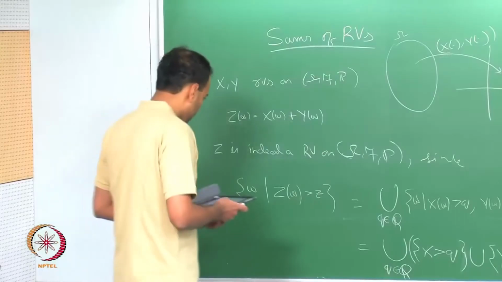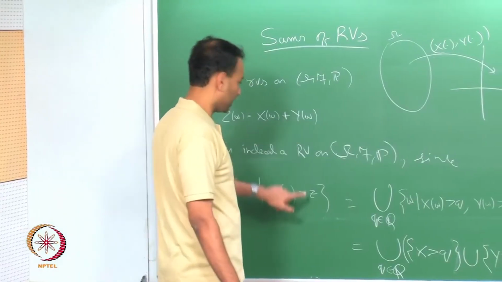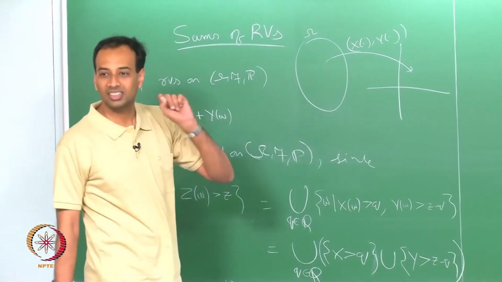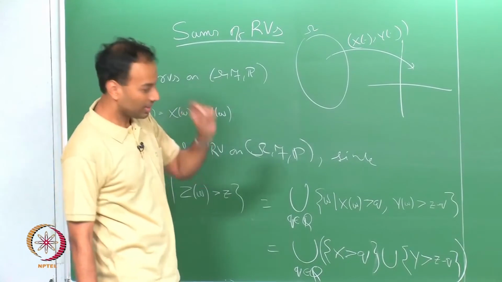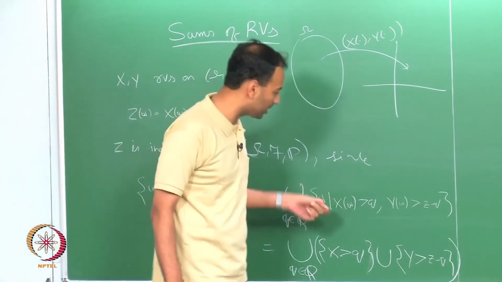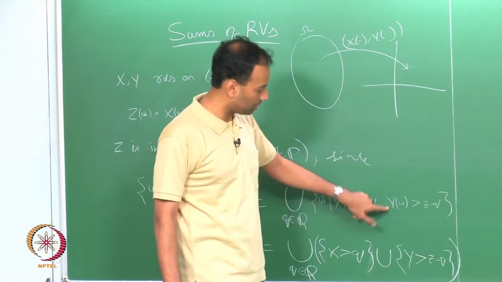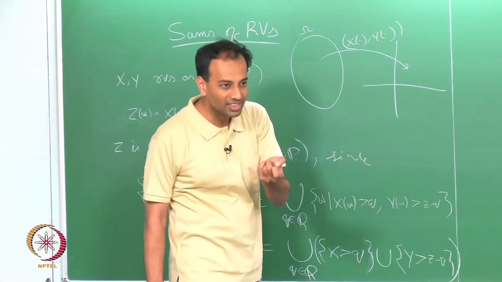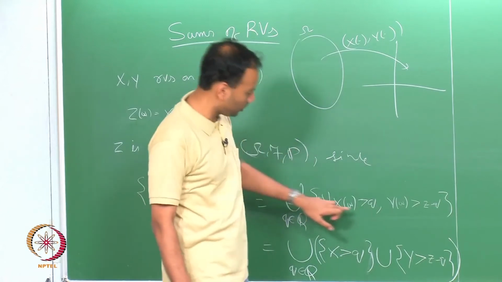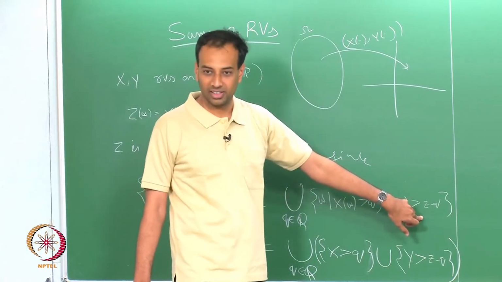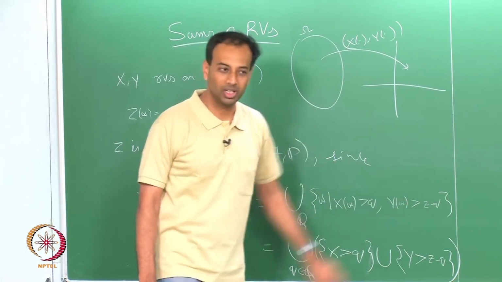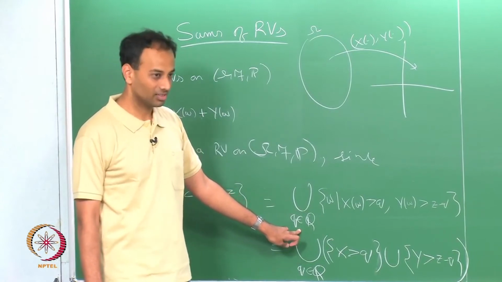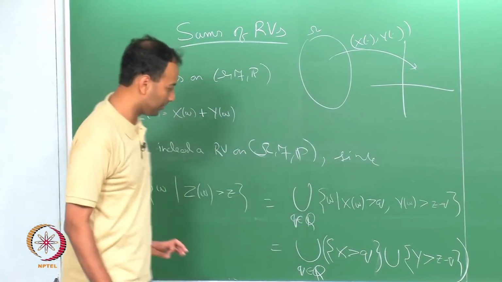Whenever x plus y is strictly greater than z, there always exists some real number q such that x is greater than that real number and y is greater than z minus that real number. But since in the vicinity of any real number I can find a rational number, I can also find a rational number which satisfies that. Now, why am I so worried about a rational number? Because I want to induce a countable union. So, I want to write this as a countable union of these sets.